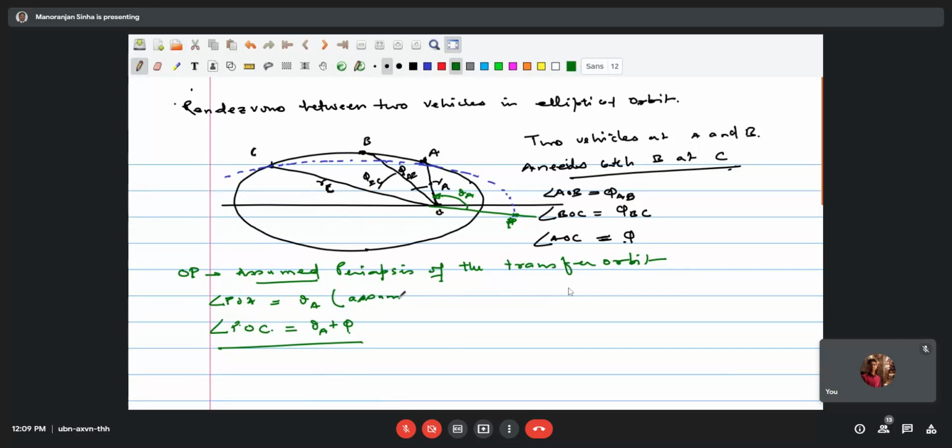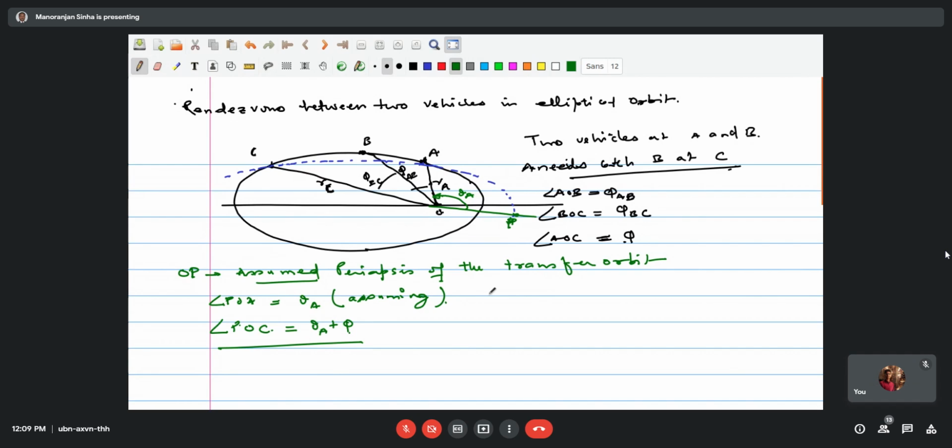Equivalent to assuming theta A. Once we have assumed theta A, then the rest of the process will be the same as we have done last time. So here in this case, because the orbit is elliptical,